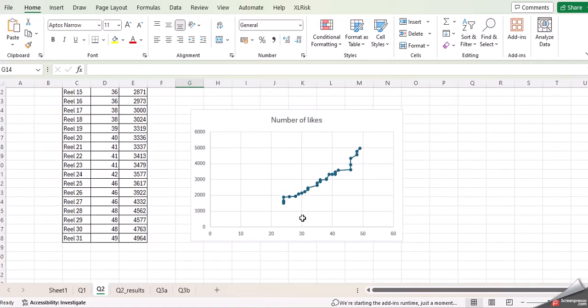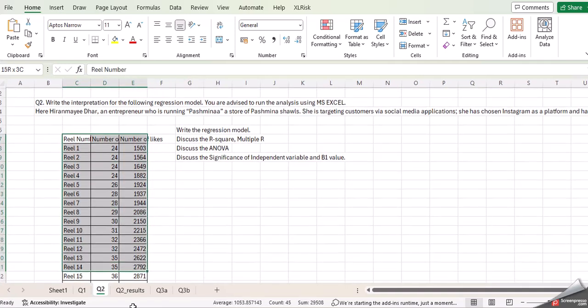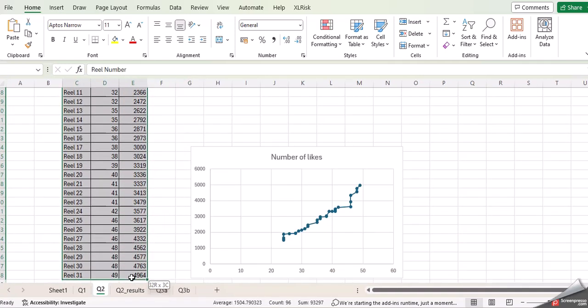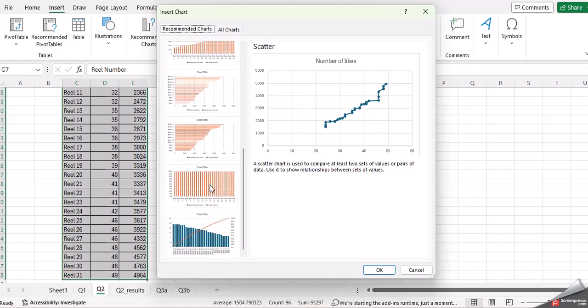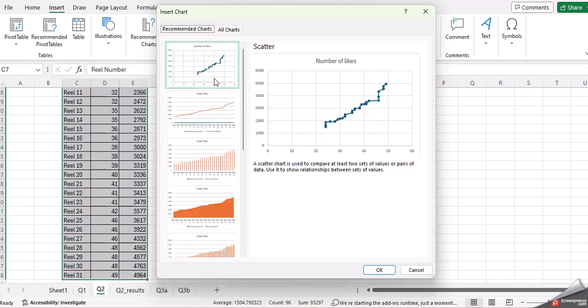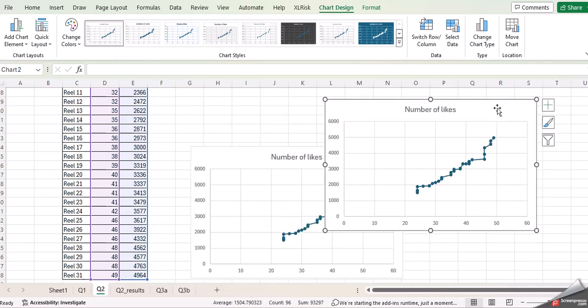So the first thing you can do is select this data, and if you are not sure, you can just ask Google to recommend a chart. It will recommend you so many charts here, so you can select an appropriate one. I've selected the scatter one, likes, so that it is giving me a very nice trend line which shows there is a linkage between the likes and the sales. Okay,